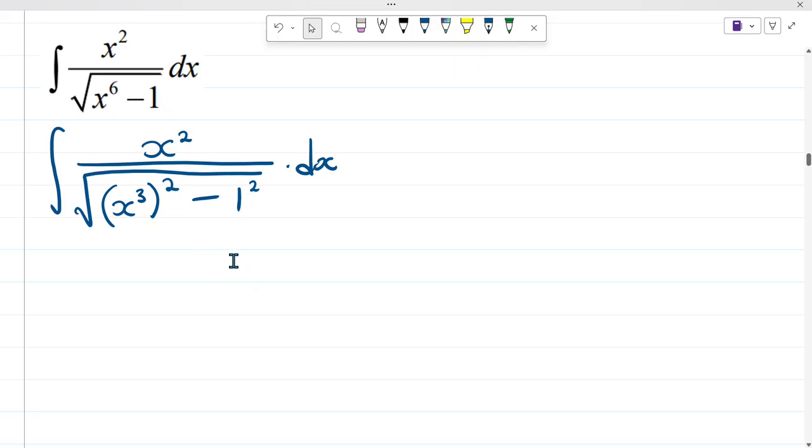Yeah. So in the denominator, whenever we have the square root of f of x squared minus 1 squared, this tells us that we're dealing with what? With that one of hyperbolic cos inverse. So we now know that this could fit maybe in that one of hyperbolic cos inverse. But before we conclude, we need to also make sure that on the numerator, we have the derivative of whatever